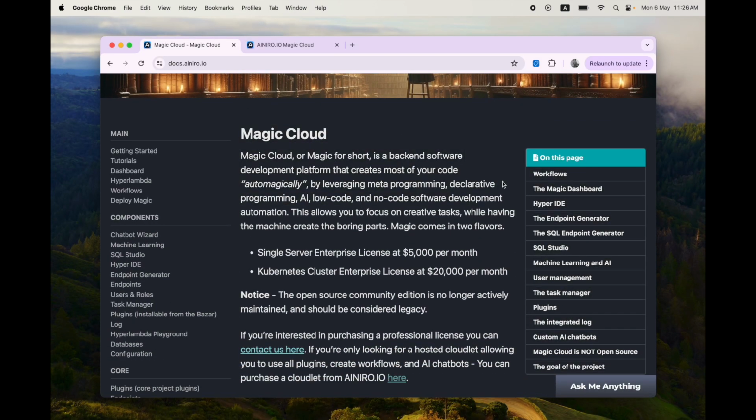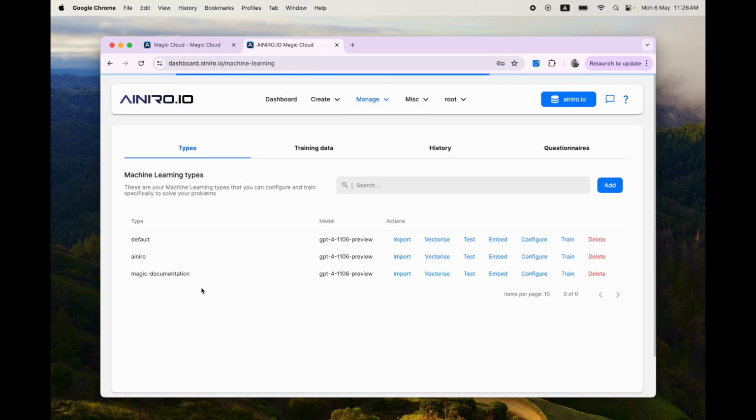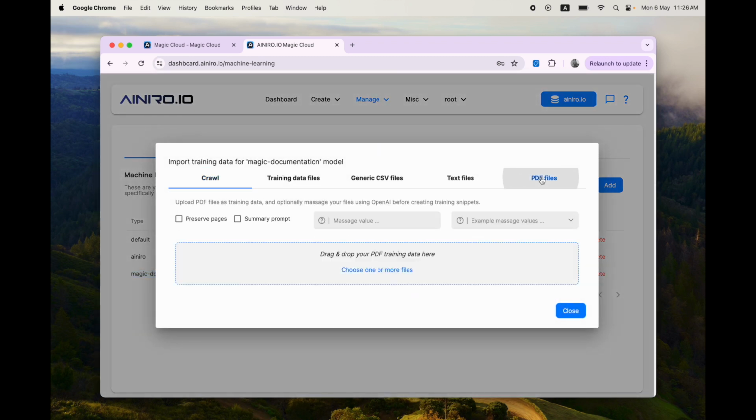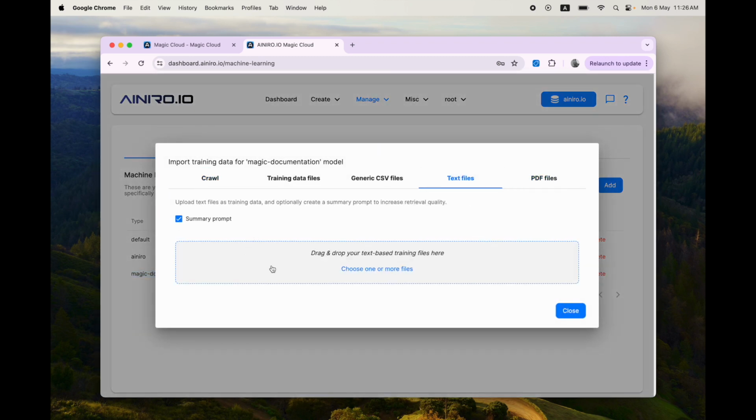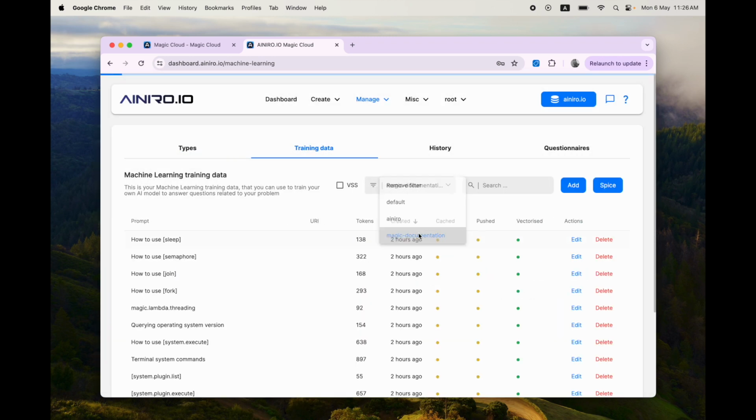So what I did basically was that I went to machine learning. I created a new machine learning type, and then I imported here. I chose PDF text files, and then for some of the files, I chose to use summary prompt. For other files, I chose to ditch it. At the end, we are ending up with